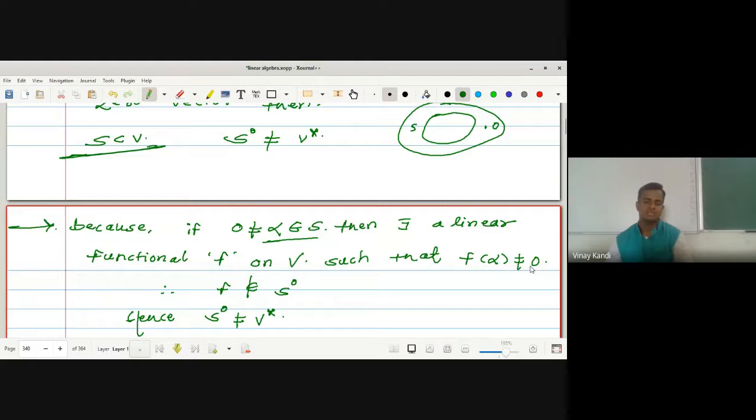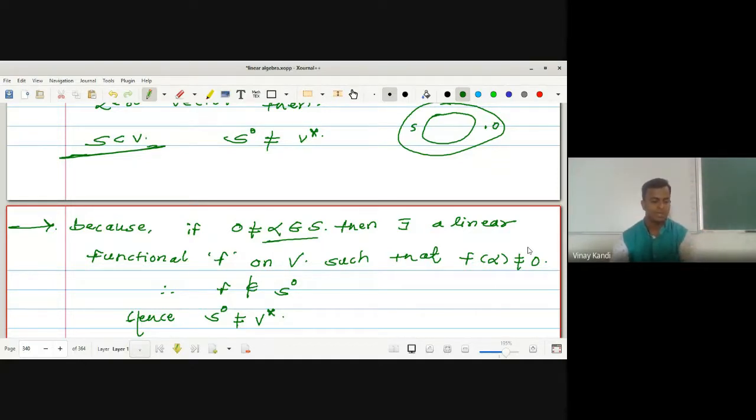We proved this in the last lecture. Okay, now we get at least one such function for a non-zero vector, with f of alpha not equal to 0. Wait a minute, we have seen that theorem at the start. Let V be an n-dimensional vector space over the field F. If alpha is a non-zero vector in V, then there exists a linear functional f such that f of alpha is not equal to 0.